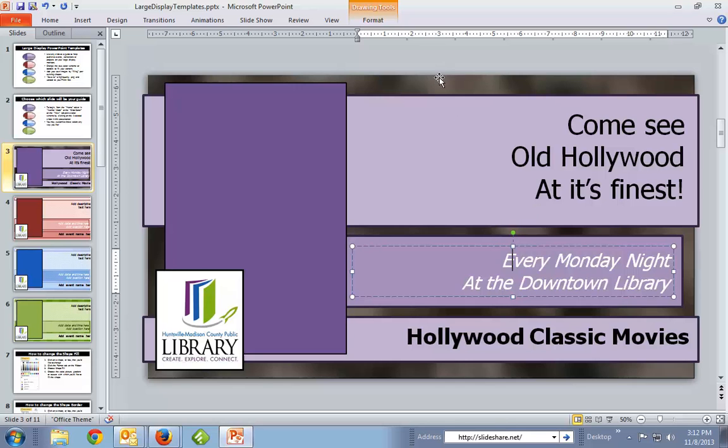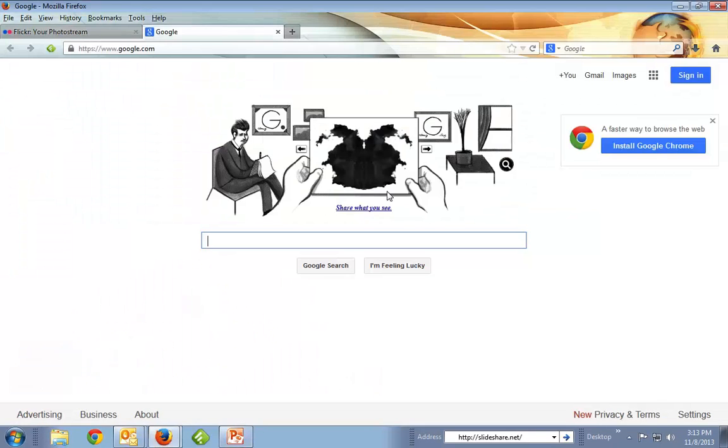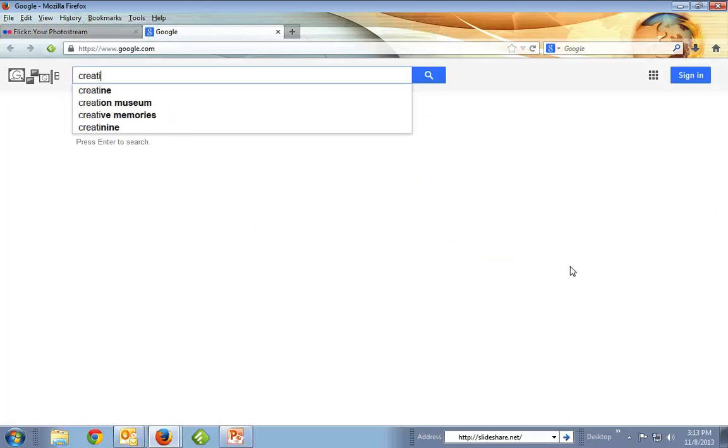So let's say that first thing we want to do is insert an image here. So where would you get an image that might represent old Hollywood films? Any ideas? Wikipedia? Yeah, Wikipedia, Google image search, that kind of thing. Yeah. But we also need to make sure that we can use it, so that it's not copyright issues. So one of my favorite tricks is to use the Creative Commons image search, and I can never remember the